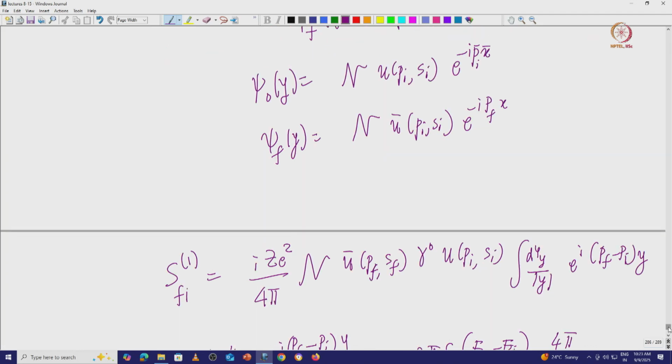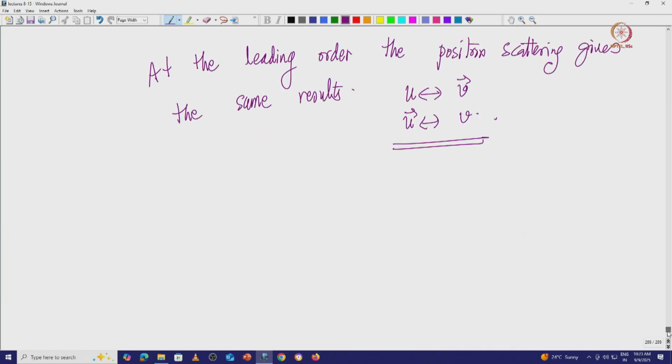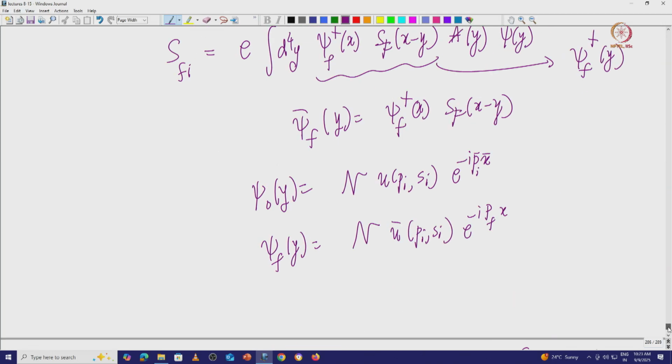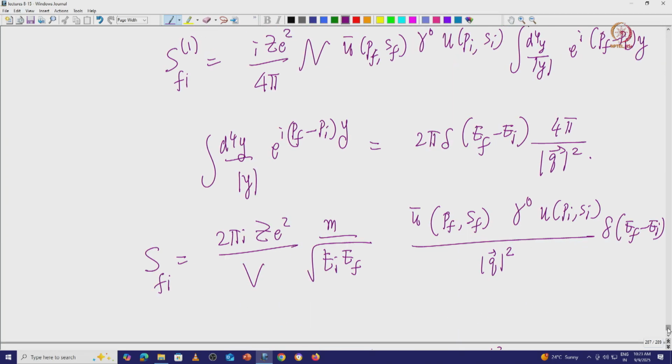Here, this is the one. If you write the Fourier mode of this, essentially this just becomes 1 by q squared. This is the thing which we have seen, and this is exactly like the propagator. There is no difference from the propagator we saw for the photon, and that is the reason why I did not spend much time deriving the propagator of the photon. Then you get this S matrix element in this particular fashion for the Coulomb scattering.